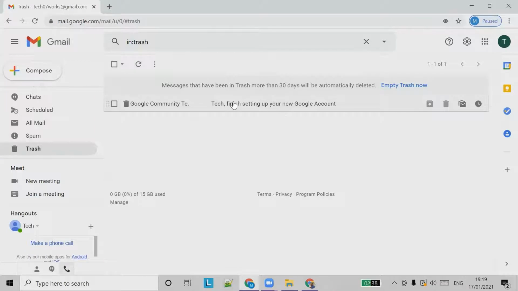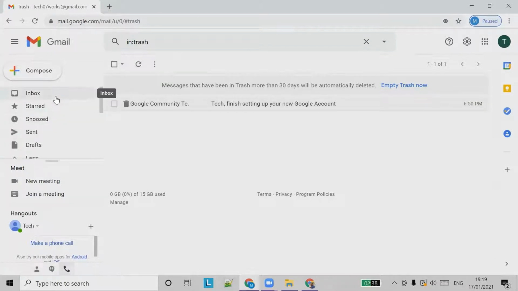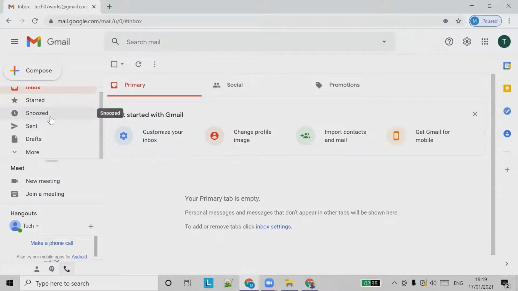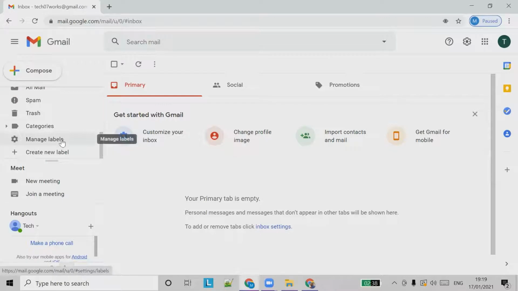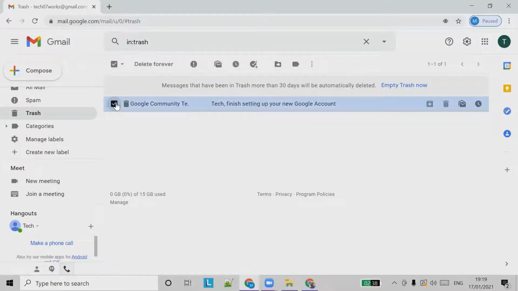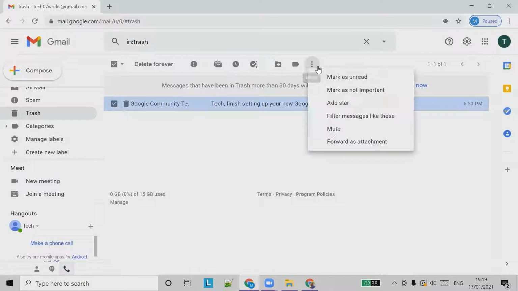So this email appears in the trash now. Trash is just unwanted emails we can delete. If you want to restore it, you can try to open this email.